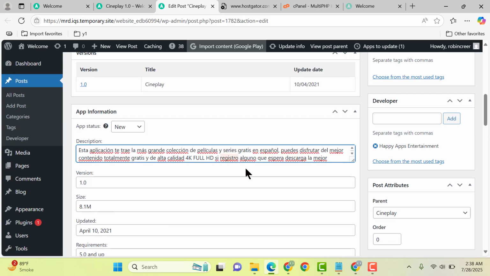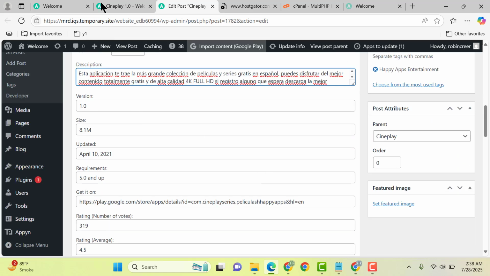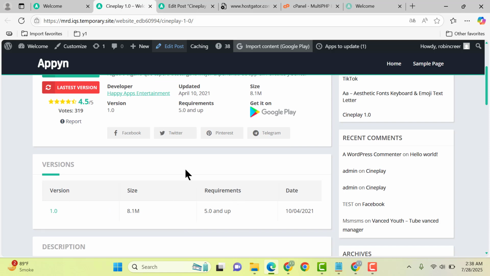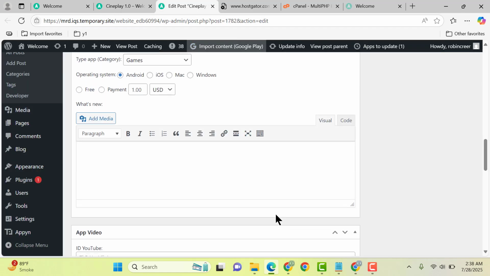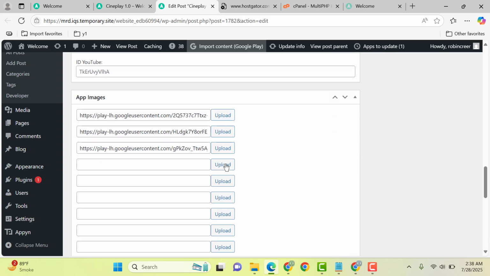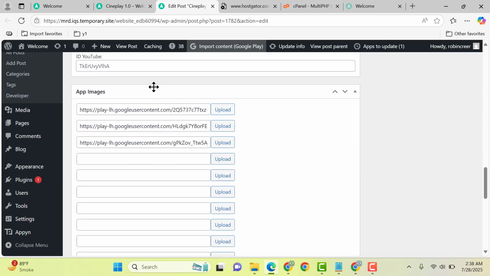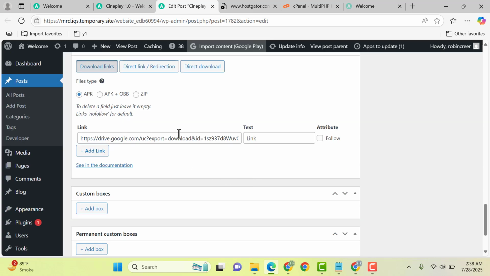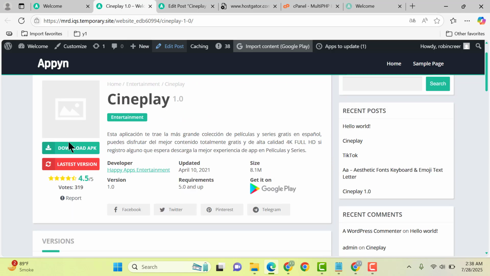Here you can add some description, and you can add the version. Here you can see this one. Then scroll down, and here you can add app images, and then for the download links you can add them here. So if I go here,